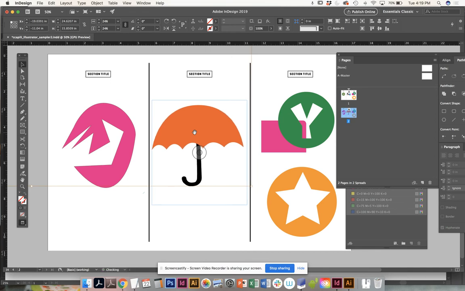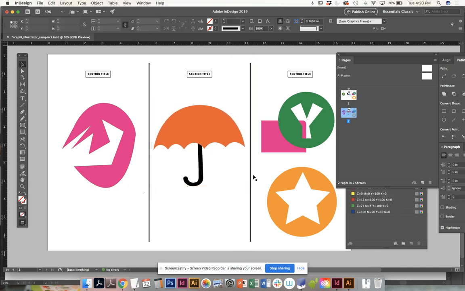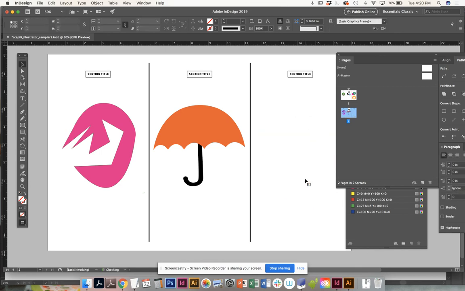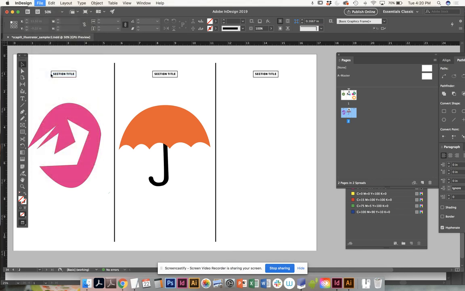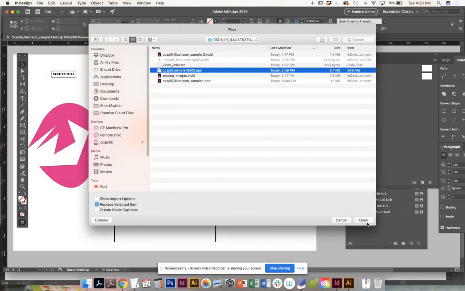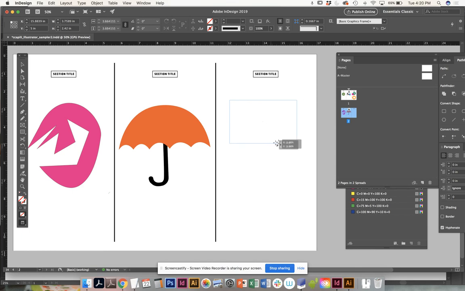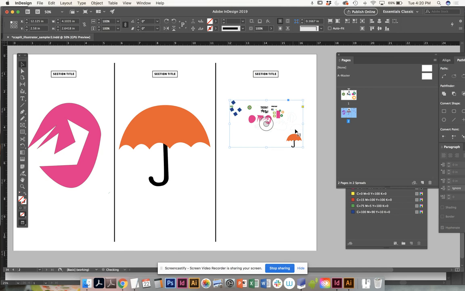Okay. So your Illustrator files, they'll drop in just like anything else. Okay. So in here, I'll go to File, Place, same as your image. And I can pick some, if you want to try,